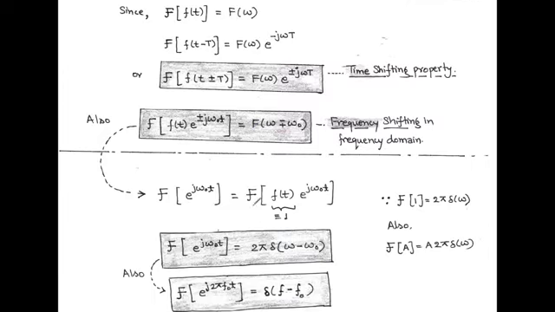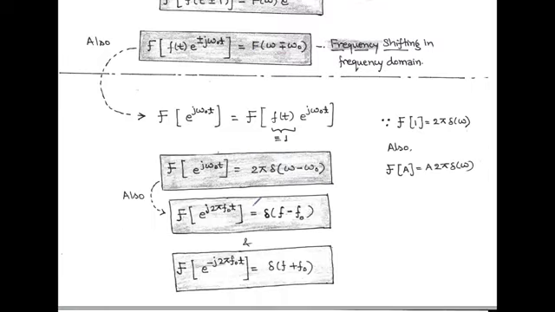So for the representation of the frequency domain description of amplitude modulation, we require the frequency shifting property. Now, with the help of frequency shifting, we can determine the Fourier transform of e to the power j omega naught t. Here, we simply multiply 1 with e to the power j omega naught t and we call it any function f(t). And we know that the Fourier transform of constant 1 is 2 pi delta(omega). And if there is a multiplication of exponential in time domain, there must be a frequency shifting.